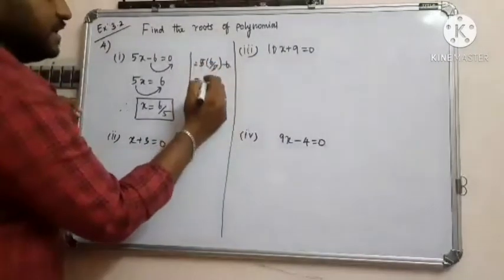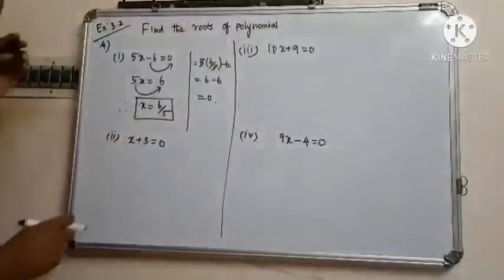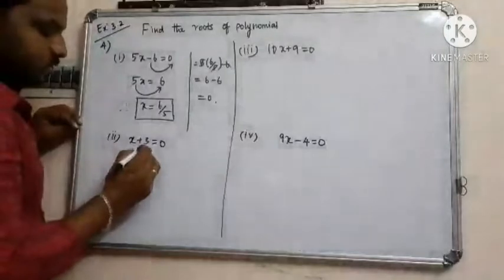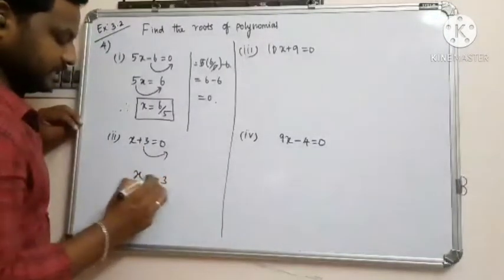So 5 will be cancelled. So 6 minus 6 is equal to 0. Okay, and the next one is x plus 3. So plus 3 will change into minus 3. So x is equal to minus 3. So this is what the